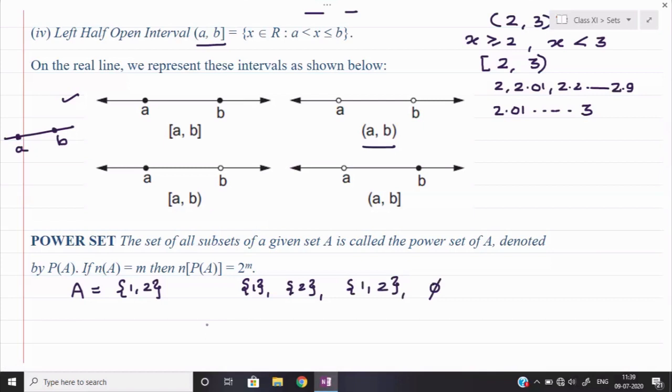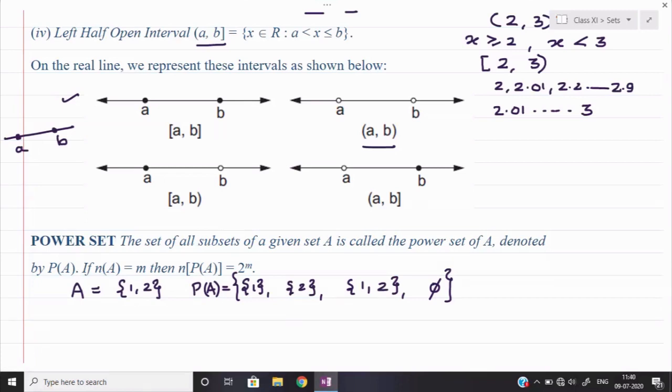You have to take all subsets of the given set and make a list of those subsets as one of the relations. Suppose I say this symbol as power set of A is equal to, and in the curly bracket I write down all the subsets over there. So all these subsets will actually be the elements of the power set of A. So power set of A is another set which includes all the subsets of A. So power set is nothing but the collection of all the subsets of a given set in the form of a set.